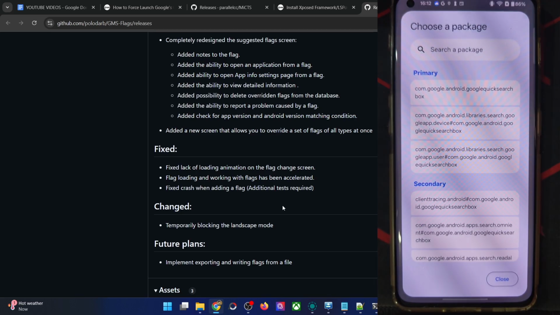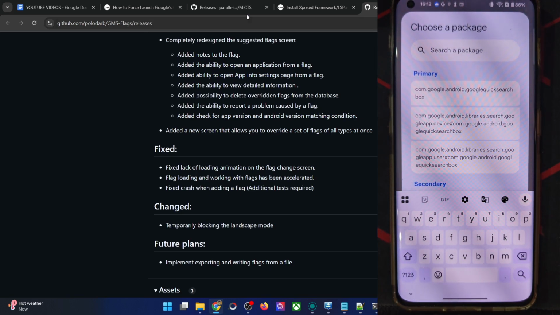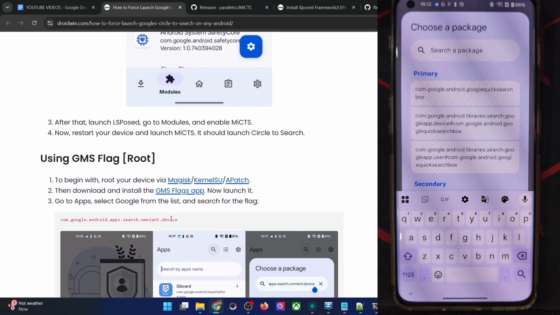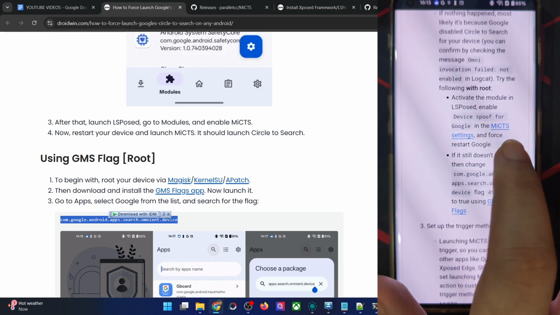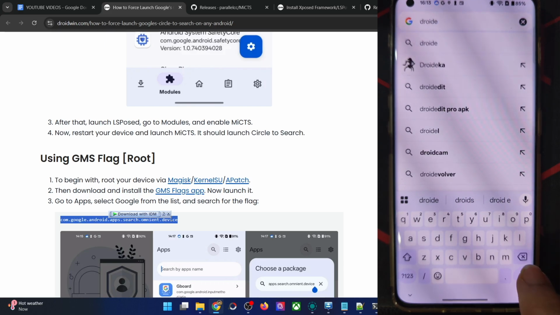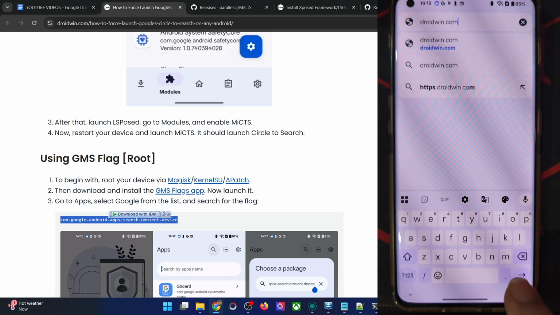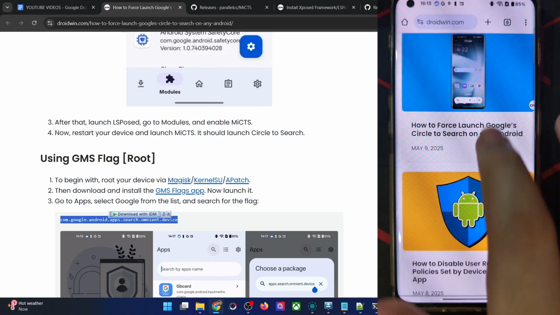This is the Google app. Now tap on search a package. Go to my guide, and you may simply open this guide on my phone as well, and then copy this package name. So just give me a second. It will be much easier for me as well if I open this guide on my phone. It will take just a few seconds because manually typing it will take ages and there might be some mistake as well. Simply open my guide onto your phone.